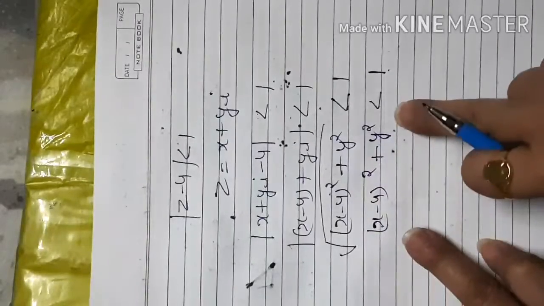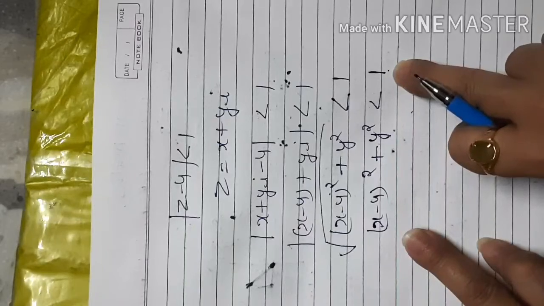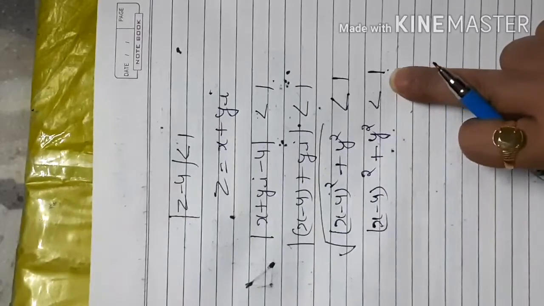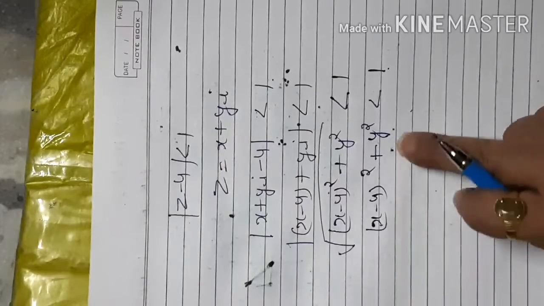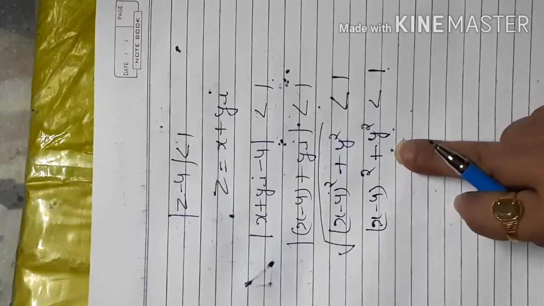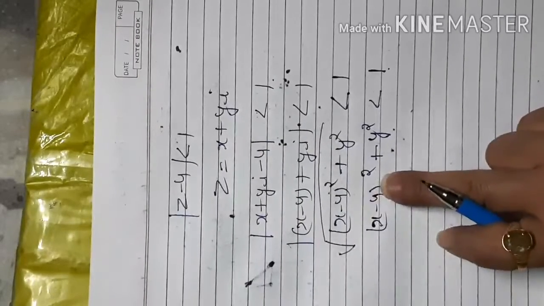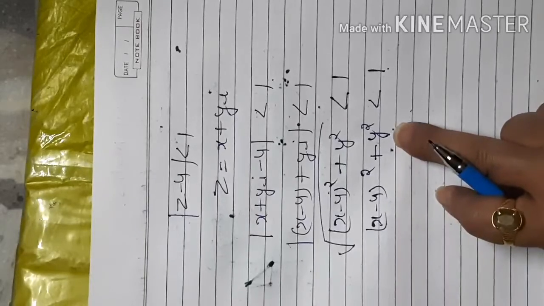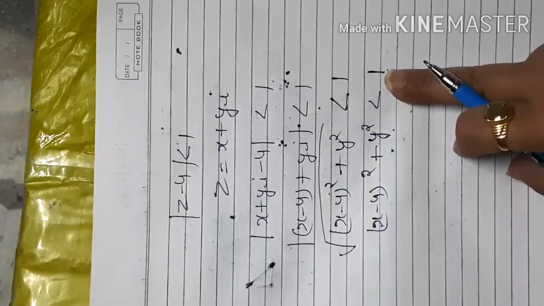this circle radius is not equal to 1. Okay, it will be less than, because any point of this type of complex number, this equation shows that all the points in the interior of the circle satisfy this equation, that if you take any such points in place of x, y, less than 1 means that 1 is the radius of the circle, and